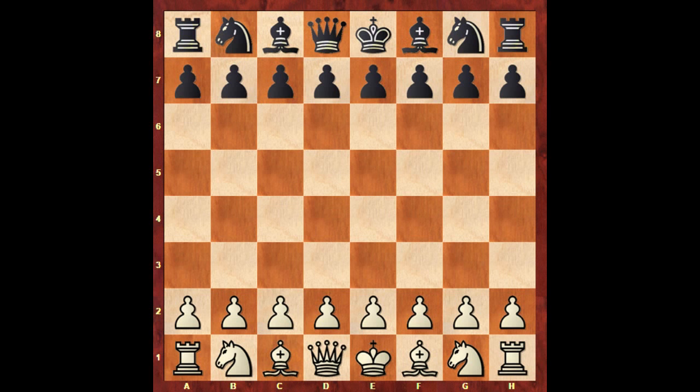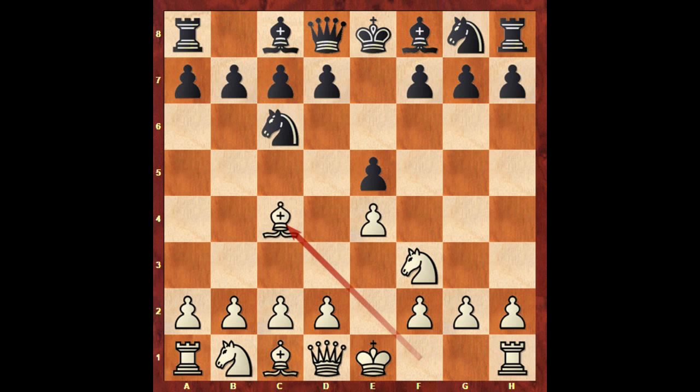And in this game, Paul Morphy has the white pieces, and his opponent is Alonzo Morphy once again. This game was played in New Orleans in 1849. Paul Morphy starts the game with e4, e5, knight to f3, knight to c6, bishop to c4, the Italian opening,